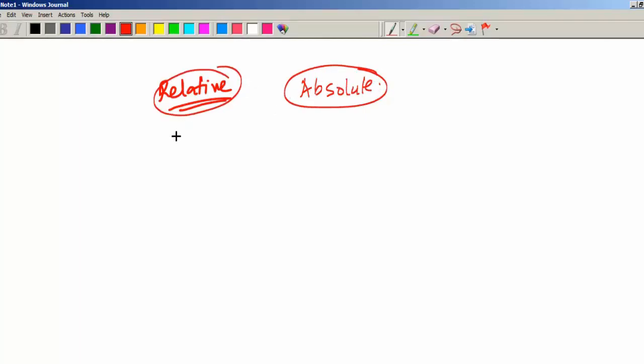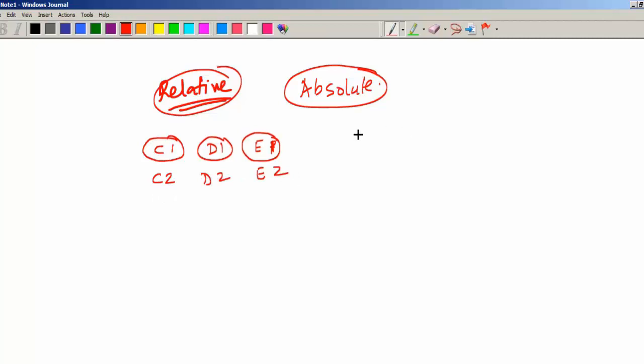In relative referencing, suppose you are in cell C1, then this is your D1, and then you are in cell E1. Then you are in C2, D2, and then E2.